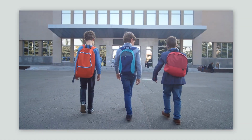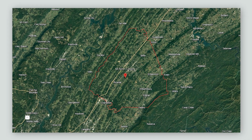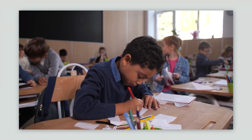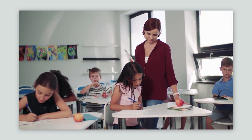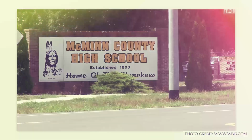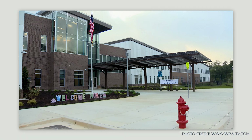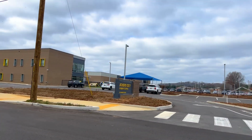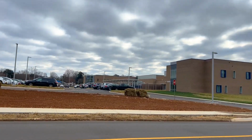Now let's look at education. Education here in McMinn County is also solid. If you have children who are going to be in the public education system, and public education educates most of the kids here in McMinn County, it's serviced by a variety of county and city schools, from McMinn County High School, Rossville Elementary, and a lot of our elementary schools in the counties, down to the city schools, which run through middle school. There are no high schools in the city system, but the city system is very highly thought of and ranked in the state of Tennessee and offers a really good